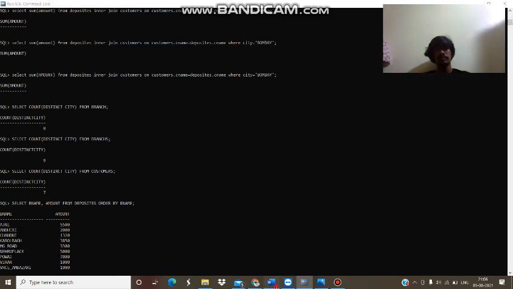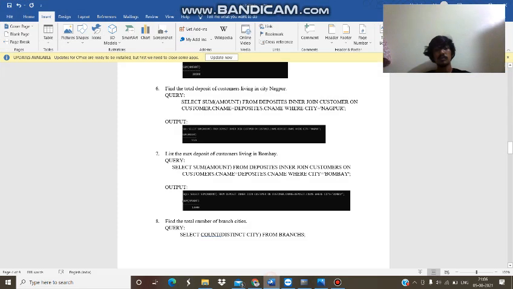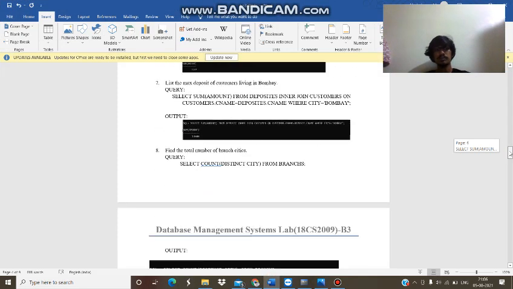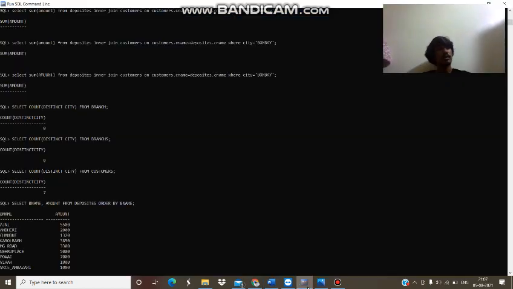Okay, then we are going to see select count distinct city, to find the total number of the branch cities. The total number of the branch cities is 9.